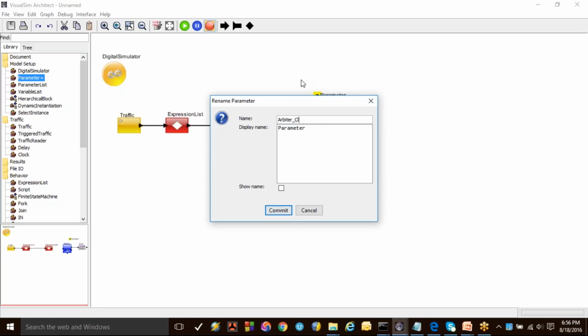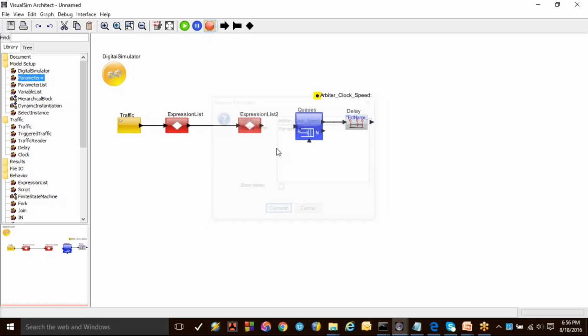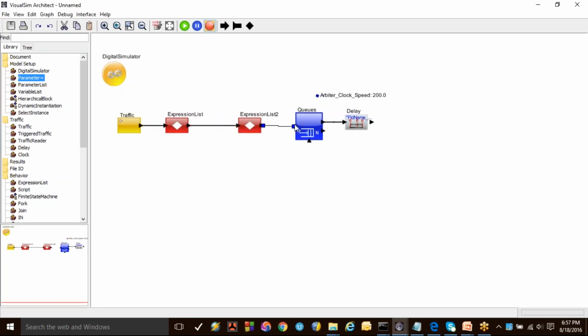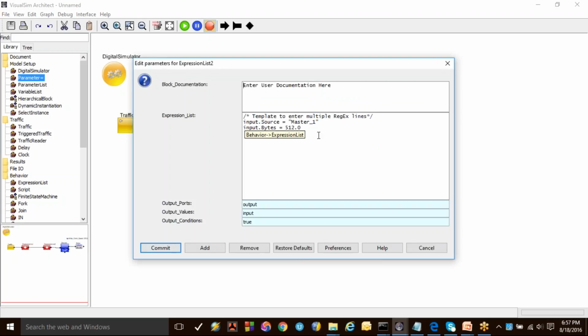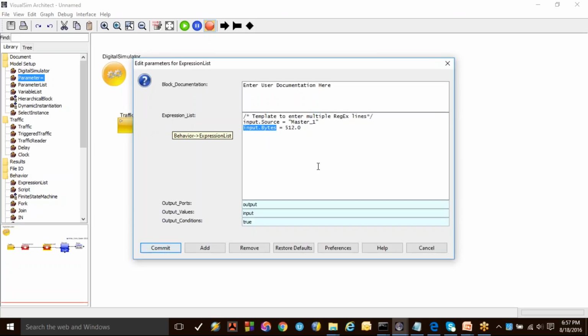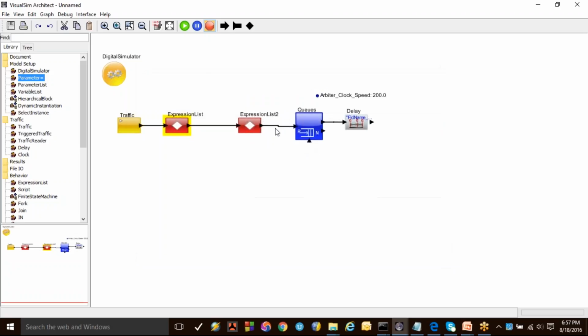So I will say arbiter clock speed, and I will say this is going to be about 200 megahertz. I'm going to connect over here, and in this particular block what I'm going to do is compute the arbitration delay itself. So I will say arbiter delay, and this is going to be based on the size of the data that I'm working with, which is actually input.bytes